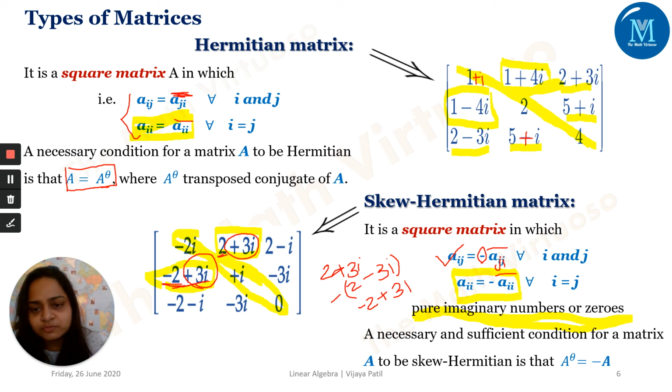If you observe, it's 2 here and minus 2 here, plus 3i and plus 3i. Now, observe these two elements: minus i and minus i, and 2 and minus 2. Similarly here, these numbers are equal, minus 3i and minus 3i. That means in a skew Hermitian matrix, for the complex numbers aij and aji, I want the imaginary part to have the same sign, but the real part should have opposite signs. These two matrices are very, very important.